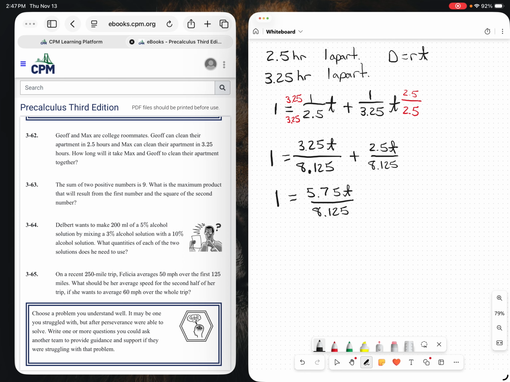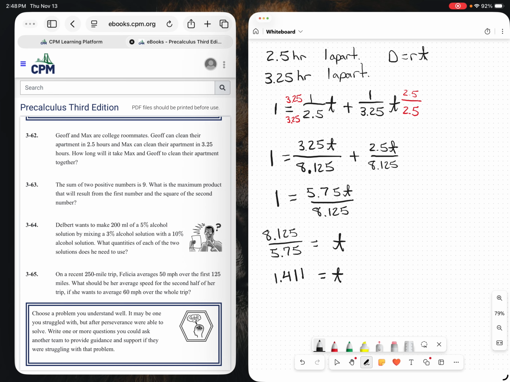Now, in order to get t by itself, I'm going to multiply by the reciprocal. So t equals 8.125 divided by 5.75, and I get a t of